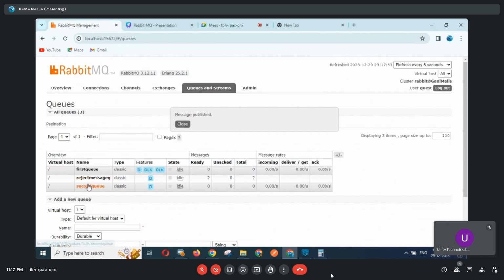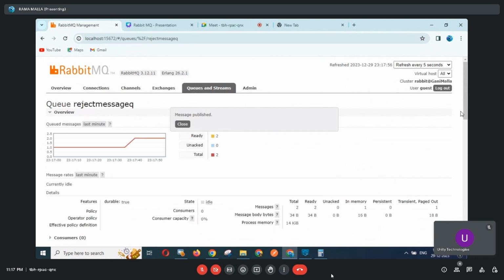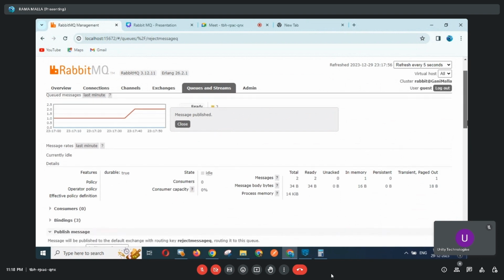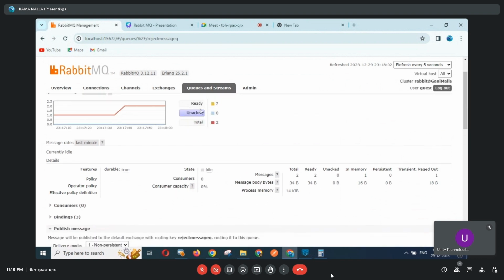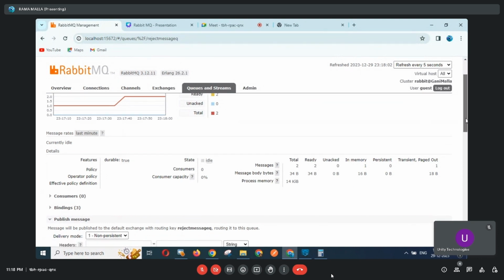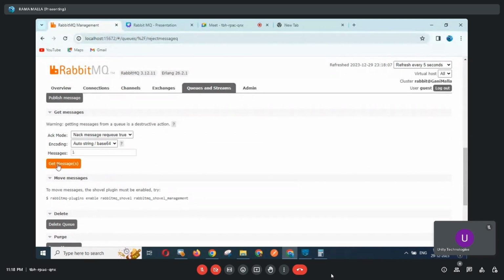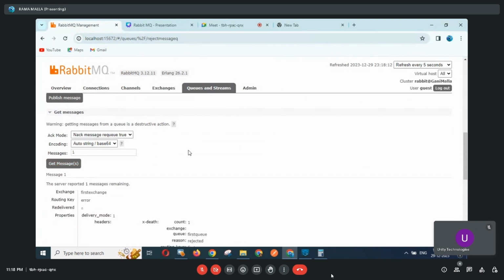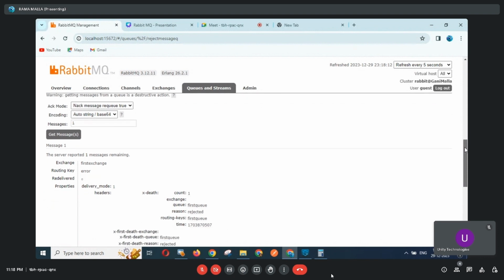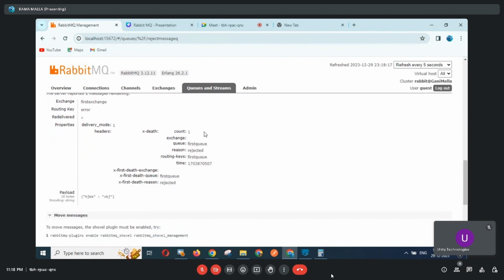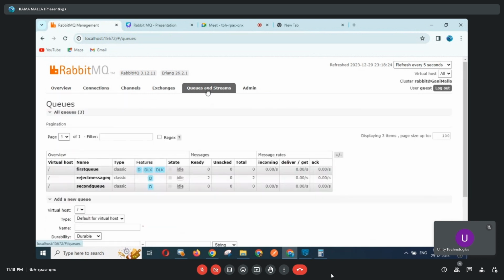So if you click on this reject message queue, you can see here ready messages are 2 and total messages are 2. And if you go down here, under this get messages section, you can see these properties. Generally for other queues you can't see these properties. See, for this queue,